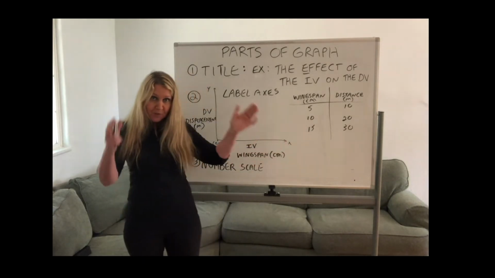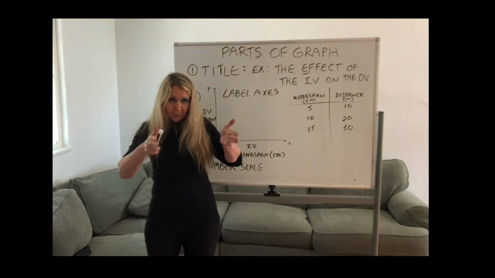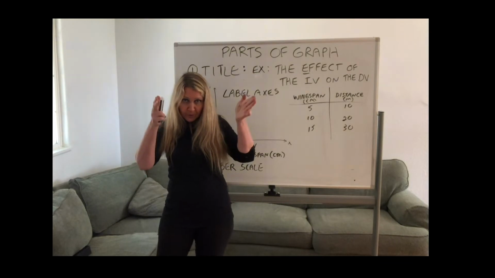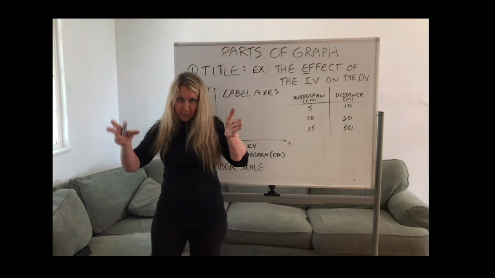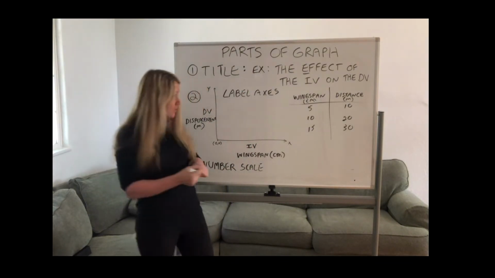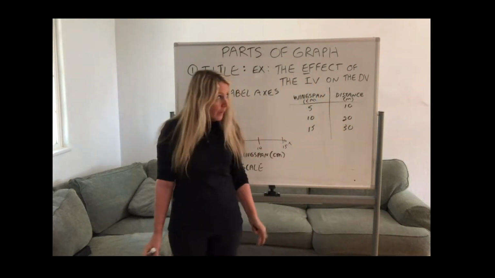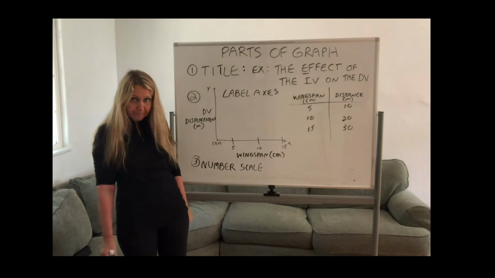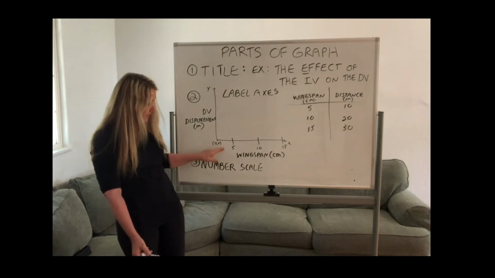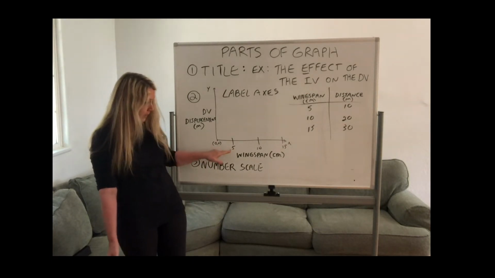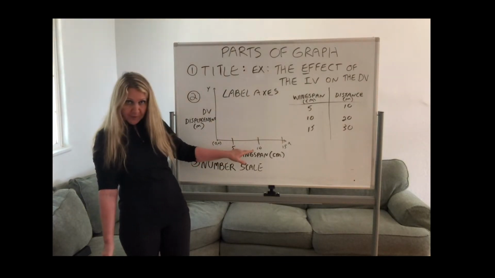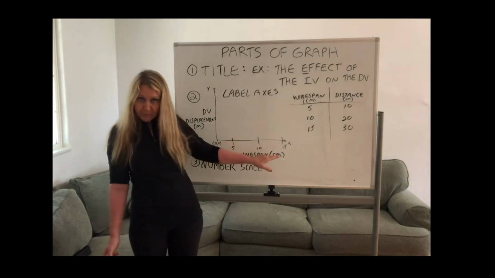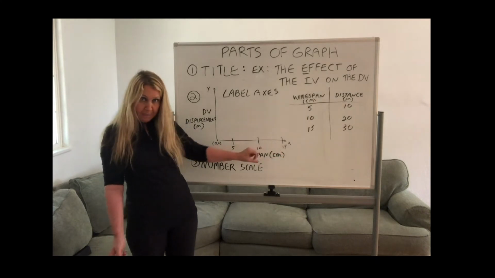And each index mark, or each space between the numbers, should be the same. So let's say I chose an increment of 5 centimeters. That means between here and here is 5 centimeters. Between here and here should be 5 centimeters. Between here and here should be 5 centimeters. Same